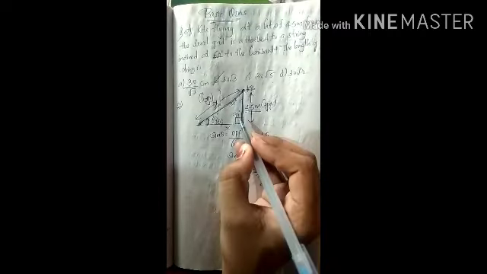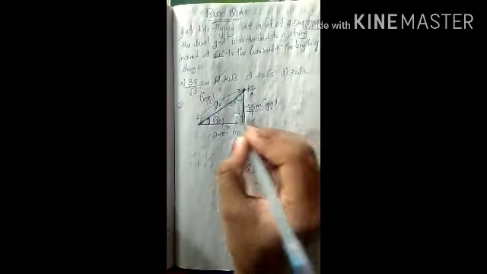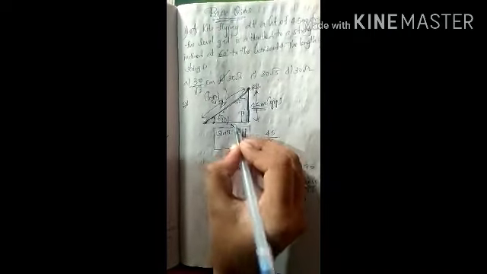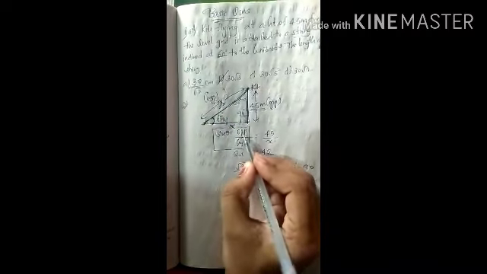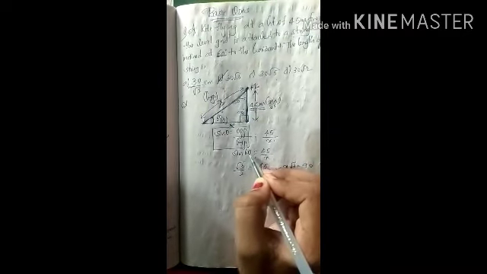Base. Okay. From this what can I write? Here hypotenuse is there and opposite side is there. Where hypotenuse and opposite side are there, can I write sin theta equal to opposite by hypotenuse? Yes. We don't want this adjacent side. We want this one only, the length of the string. So I wrote sin theta equal to opposite by hypotenuse. Here the opposite side is 45 meters. 45 by hypotenuse, that is the length of the string. I don't know, that's why I kept x. So here sin theta equals 45 by x.